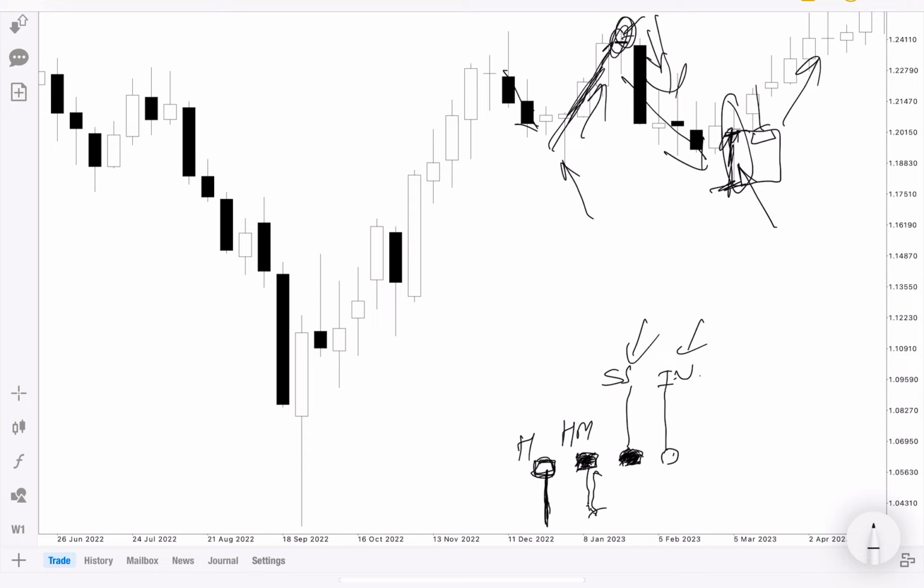So for example, we are now on a weekly, and you know how to calculate the average candle size on this weekly time frame. You can simply plot the average true range indicator on this chart, and you can calculate the average candle size, and you know what period to be used in the ATR. And if you don't know what period to use in average true range, then you can simply leave a comment. I'll tell you. So that's all about these candlestick patterns. You can combine this candlestick pattern with other